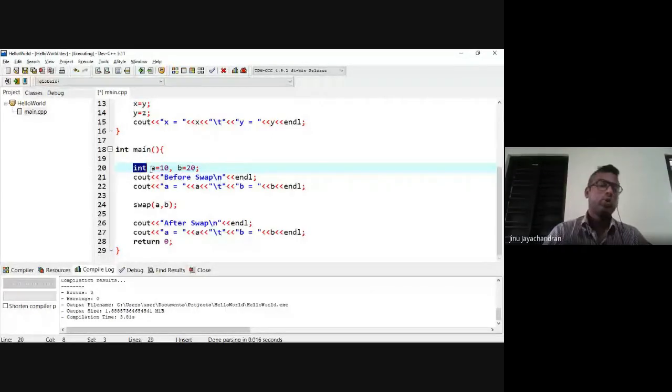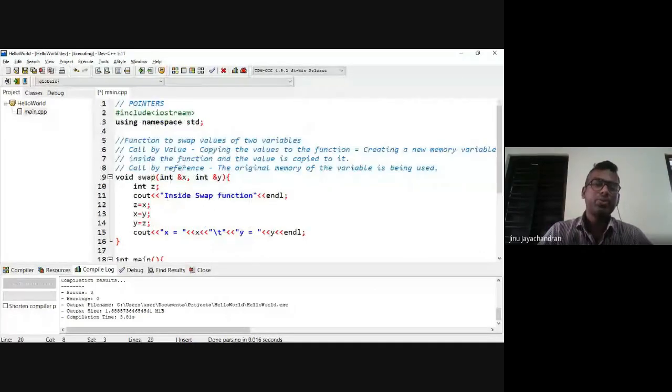Okay, so you can create an object of a class here also, and you can pass that object to this. This is called passing objects by reference.